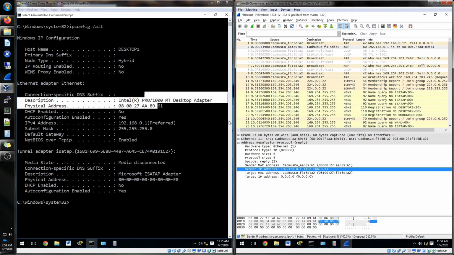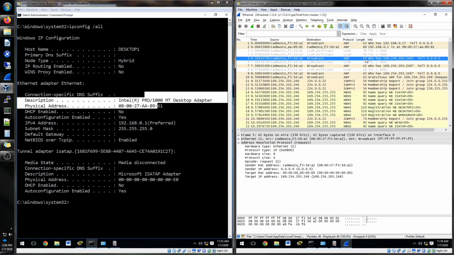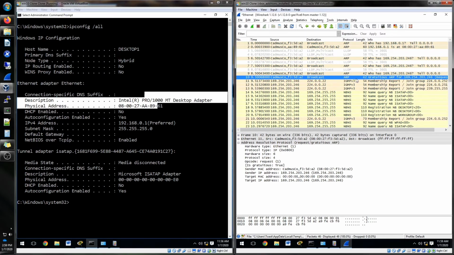And that's when Windows sets its dynamic IP address. You can see here the 169.254. That's Windows dynamic IP addressing system that we saw at the beginning of the video. And it does the same thing. It sends who has this IP address, sends it to everybody, and you can see it does that a couple times. It doesn't receive a response, and then it sends out another ARP request saying that, okay, now I have